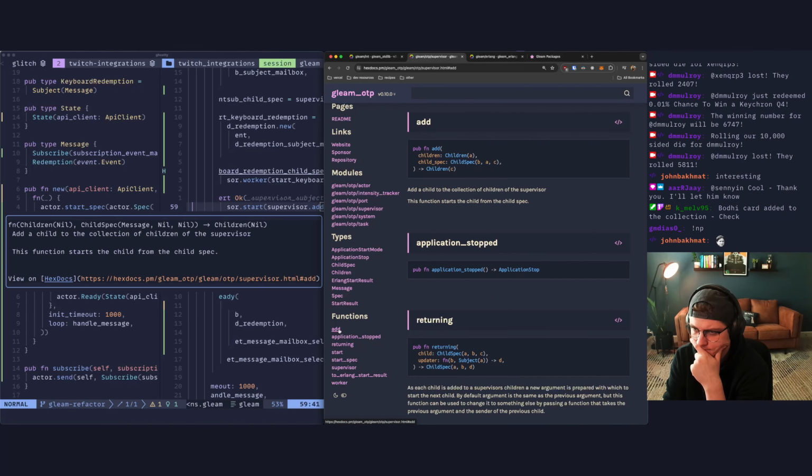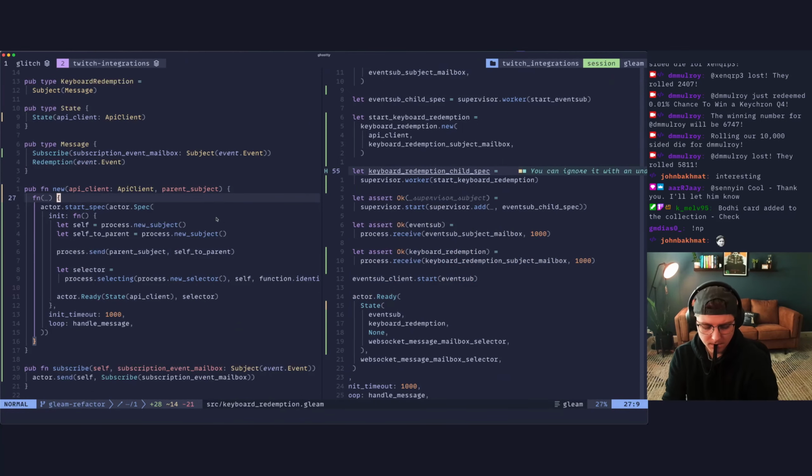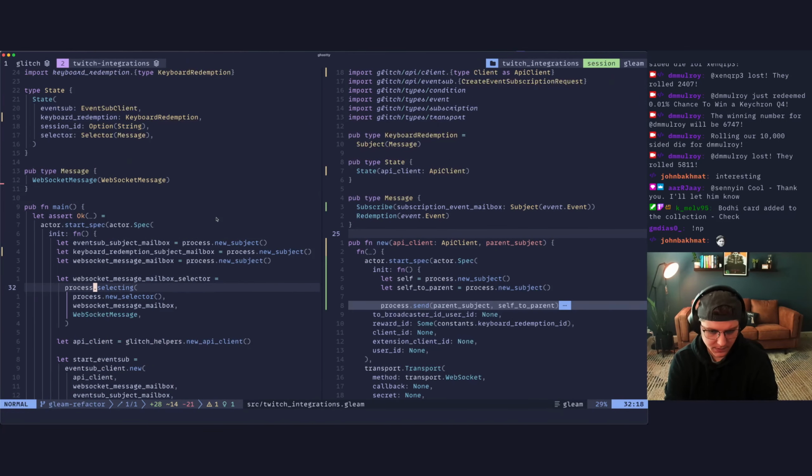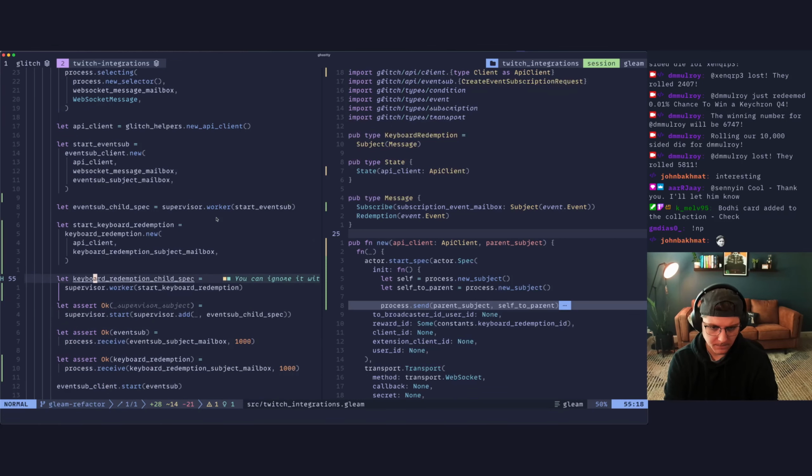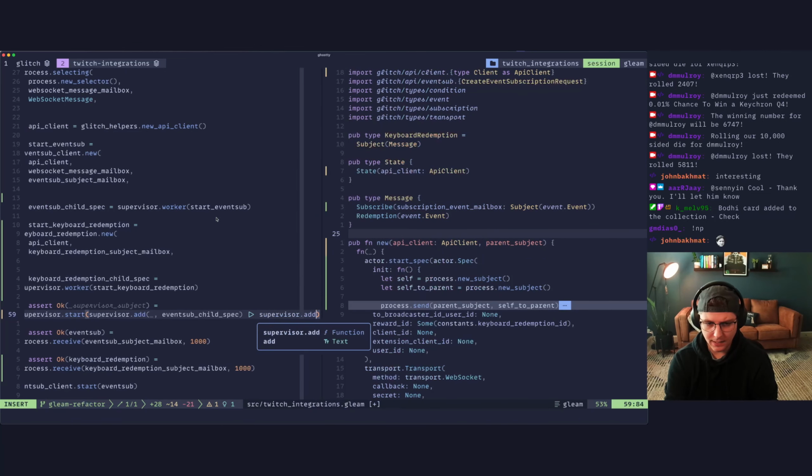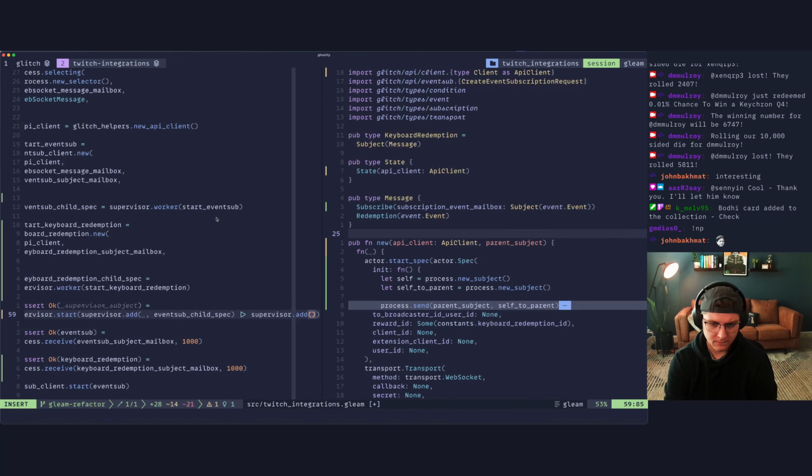So that returns children. So I should just be able to keep piping to add. So if we look here, let's rotate the screens. Does this just get piped into supervisor.add keyboard redemption child spec?